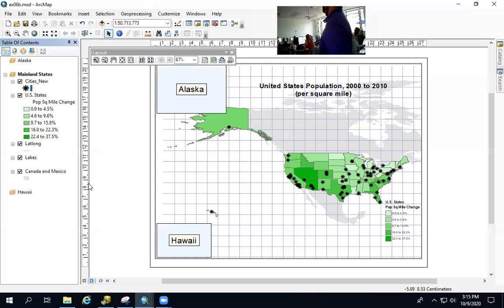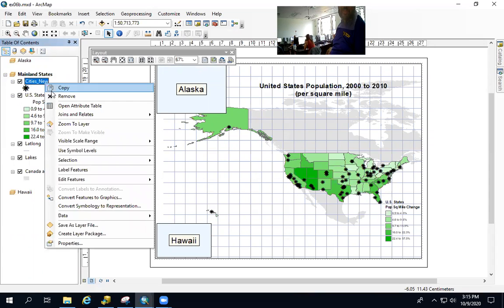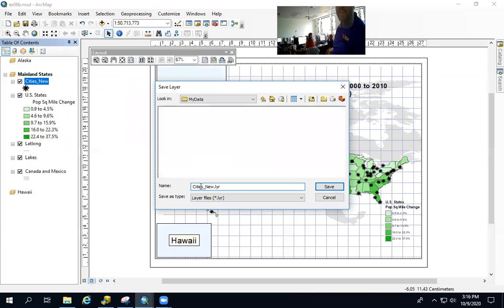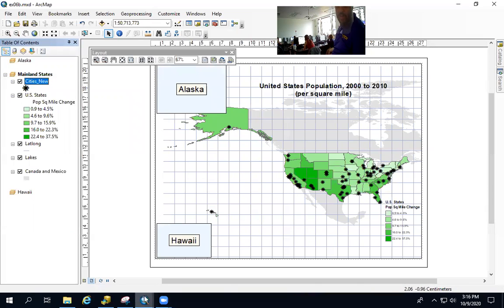May I have your attention, guys? You right click, and you click here, save as a layer file, which will be a pointer to your data. So I'm going to go here, right click, click. And in my data, I can see here cities new layer. So it's a layer file that points to your shape file called cities new. Click save. If I go back here in our catalog,